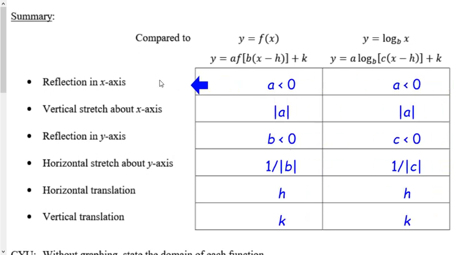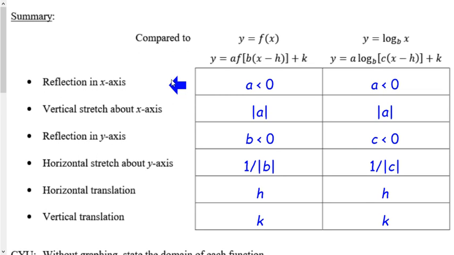Here's what I have. Again, take note that in my 2 equations from chapter 3, we used a b value here, but because my base is b over here, I've chosen to use the variable c. So here I have c greater than or less than 0 for the reflection in the y-axis. And similarly, I have the c showing up here. But we're really just applying all those bits of the transformation now to a logarithmic function,